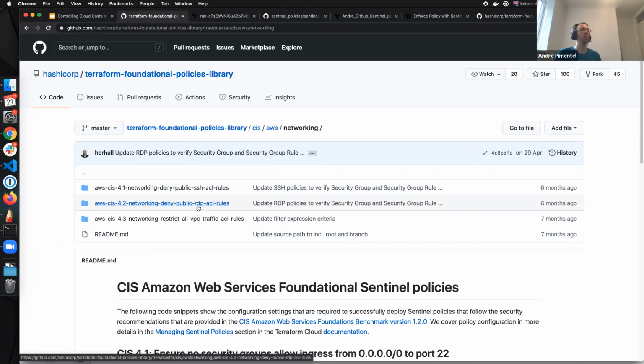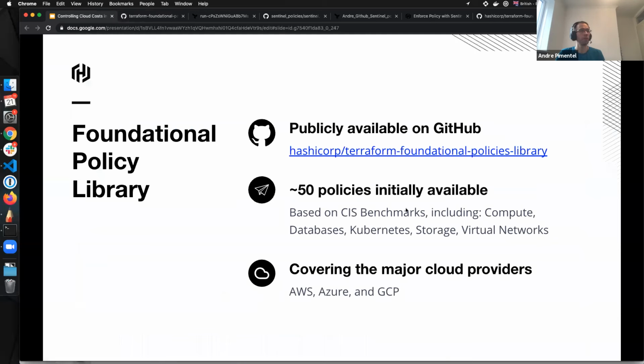So it's a very good place to start. Or, as I'm going to show you, we can just point your policy set to those policies, and we can enforce those policies from the CIS without even having to touch Sentinel. Yeah, and they cover the major cloud providers, AWS, Azure, and GCP.